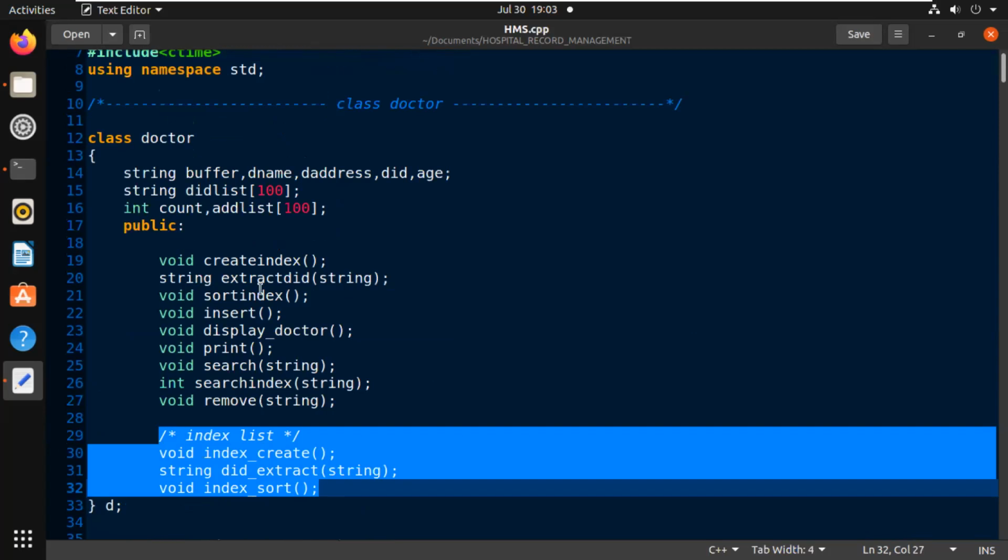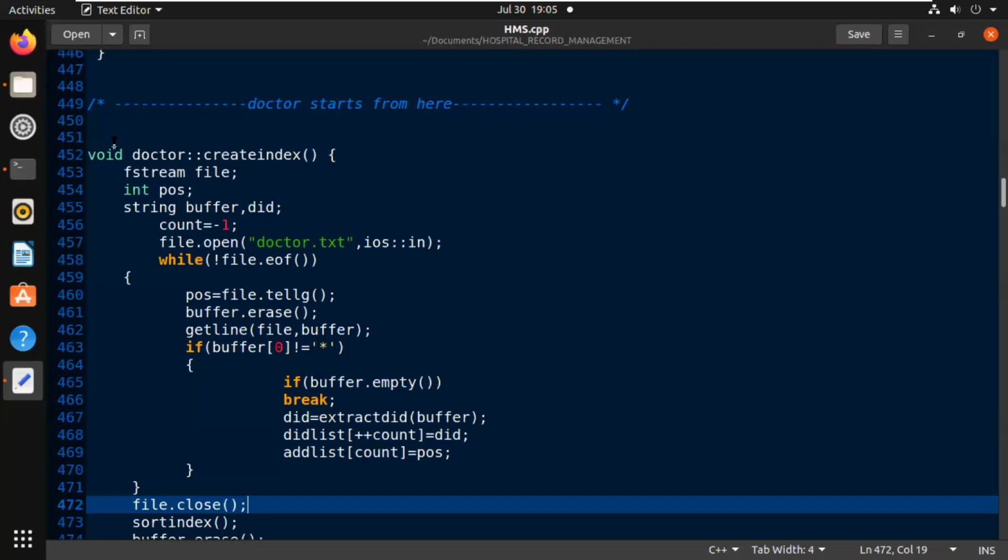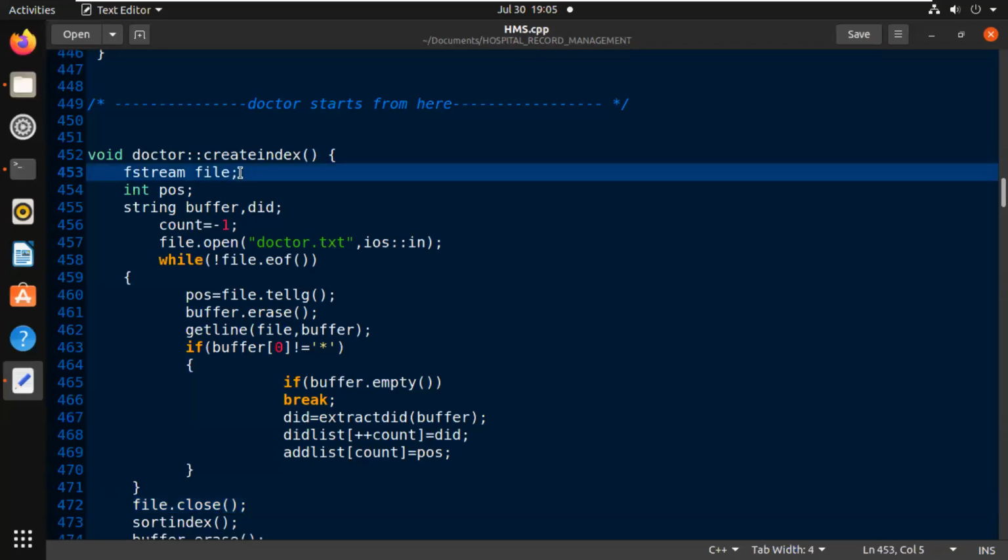Now I'm coming to the create index function. So here is the create index function. The file object will be created for the fstream.